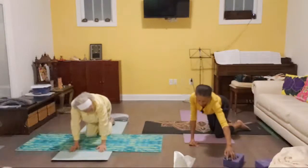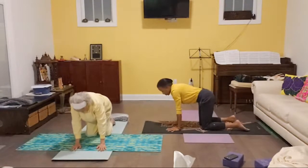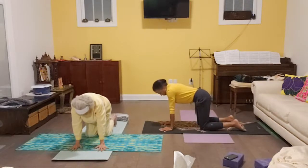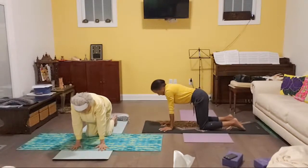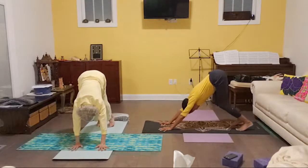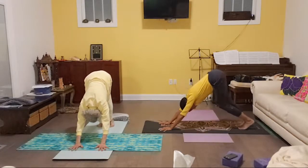So in downward dog, check that your hands, your fingers are spread wide, index fingers are facing forward. You can do puppy pose again if you'd like, but if you're doing downward dog, check that your shoulders are rotated, your elbows are facing your thighs, fingers are spread wide. And we're going to get onto the balls of our toes. Similar to puppy pose, we're going to open our shoulders, but we're going to get up, lifting our hips into the air, open up the shoulder area like we did in puppy pose,